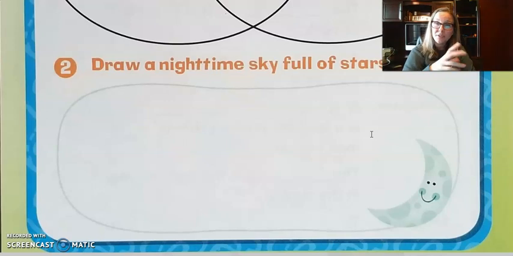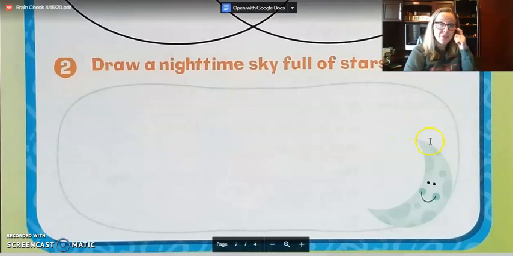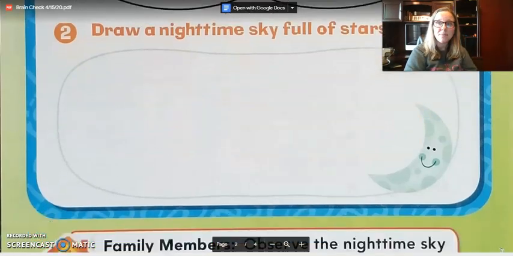Now this page, boys and girls, front and back, you'll take a picture and upload it to Class Dojo because I want to give you some points for doing that brain check page. The next page in your book is about Galileo Galilei. So if you'll go to that next page with me,